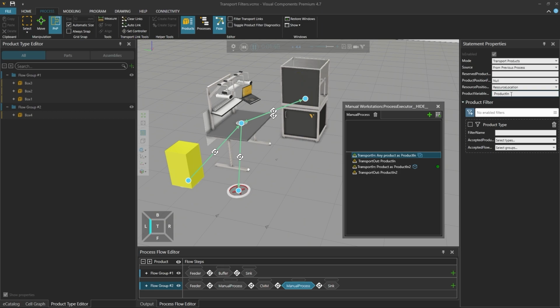The product in routine variable contains the product instance, and this same variable can be used in a specific product filter. And now the second transport in statement only accepts that exact product instance back into the process.